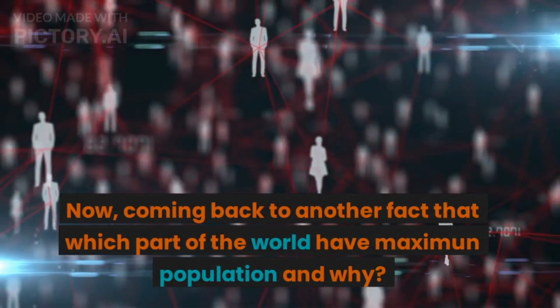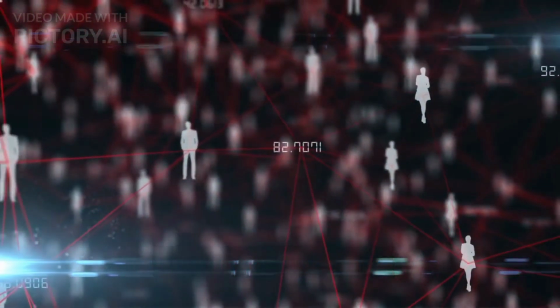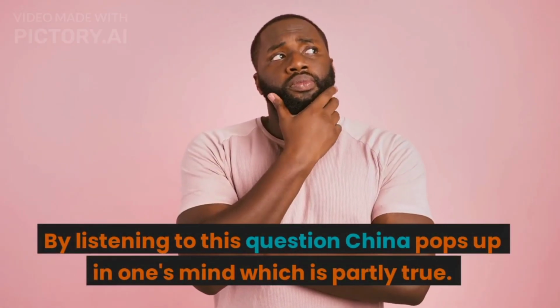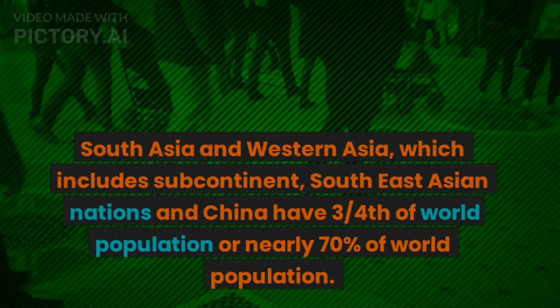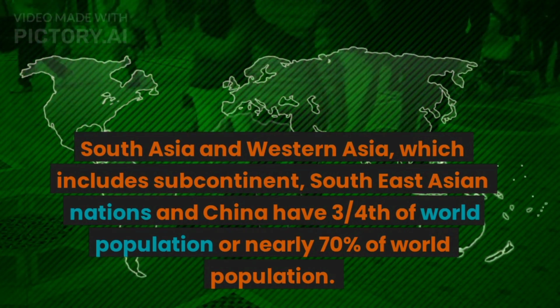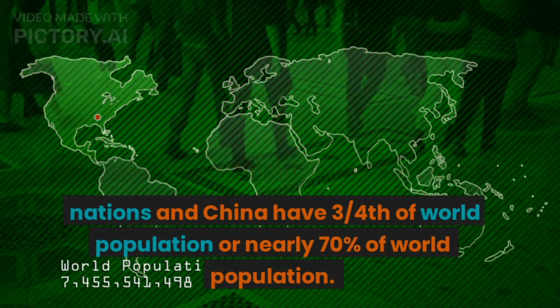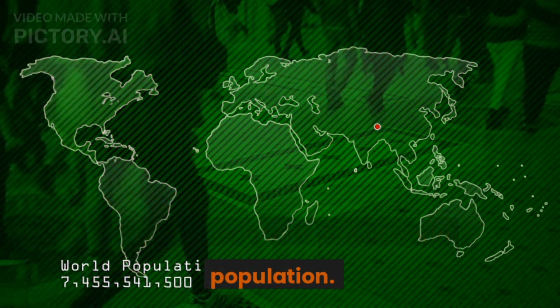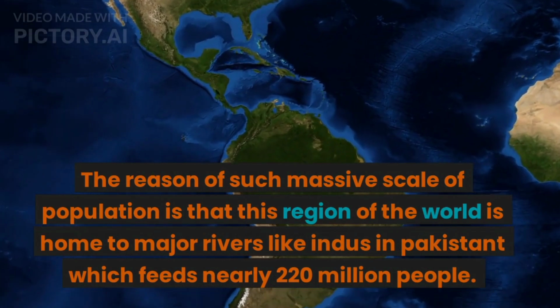Now, coming to another fact: which part of the world has the maximum population and why? On hearing this question, China pops up in one's mind, which is partly true. South Asia and Western Asia, which include the subcontinent, Southeast Asian nations and China, have 3/4 of the world population, or nearly 70% of the world population. The reason for such a massive population is that this region of the world is